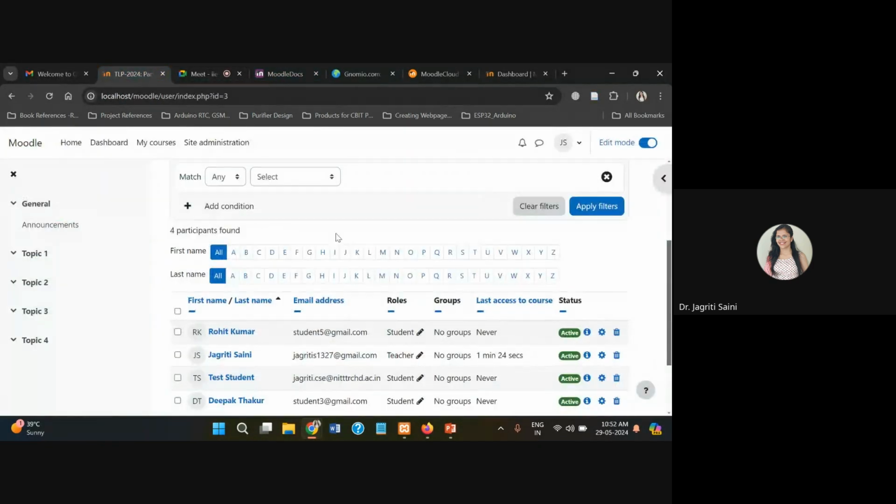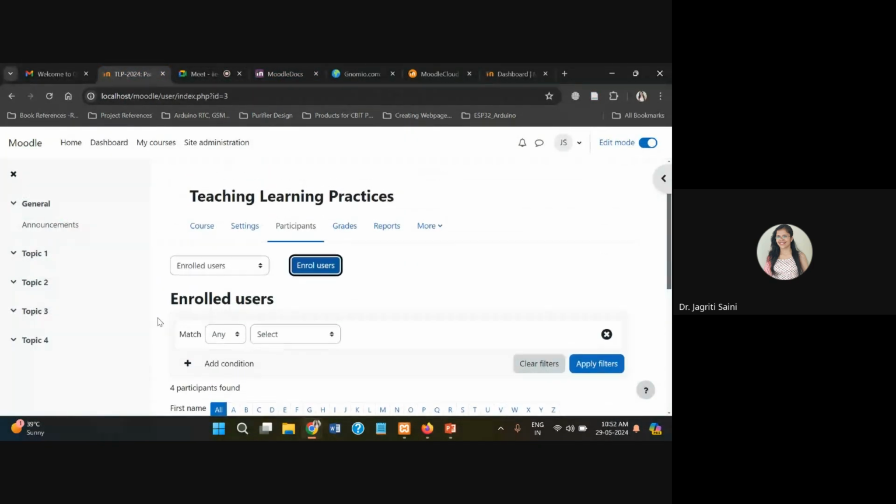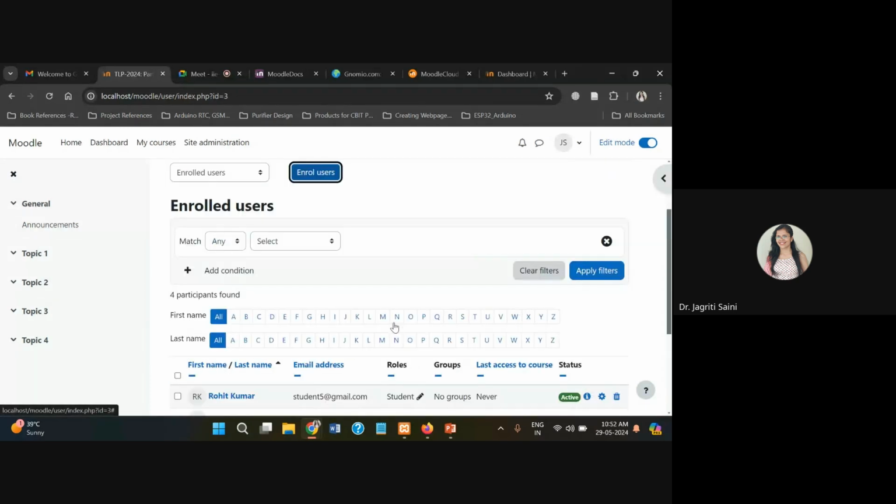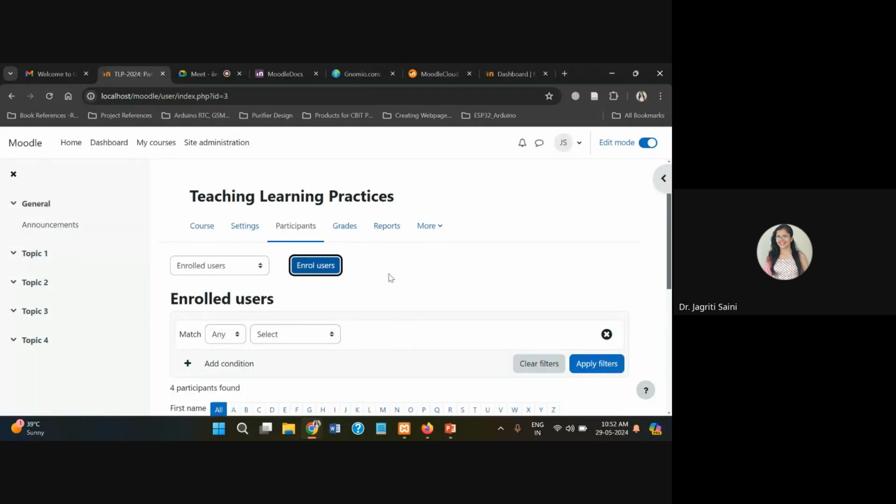If you just see right from the beginning, I'm explaining this. When this edit mode is on, this is the teacher window. And as a teacher only, I'm adding these students over here. And these are the same students that we have updated in the site administration. Now I'm just adding them to this particular course as a teacher. On the student window, this option will not be available. They will be just able to see